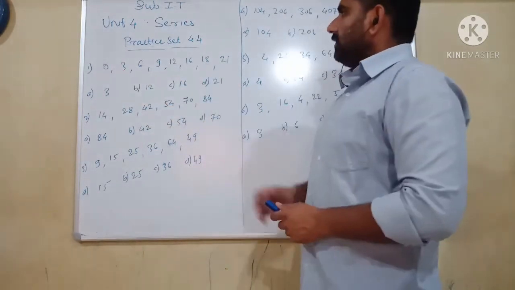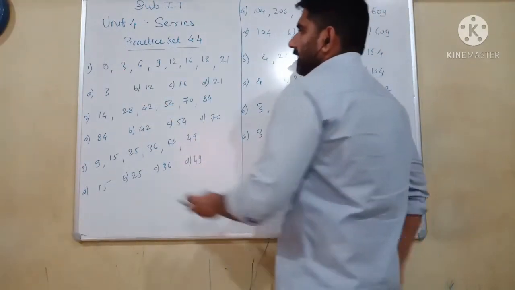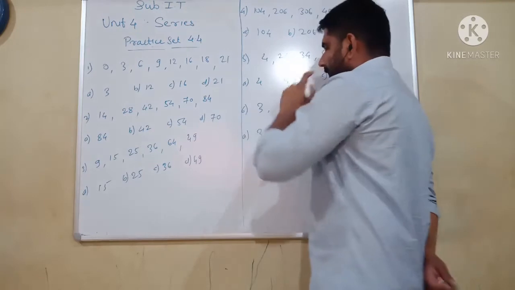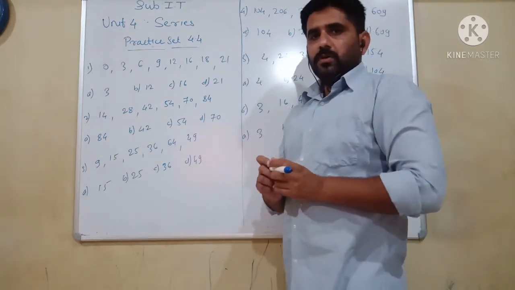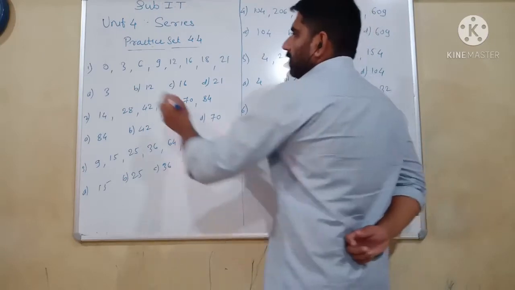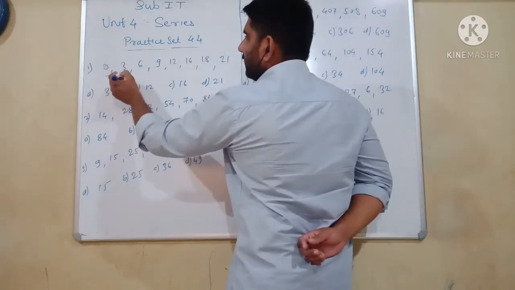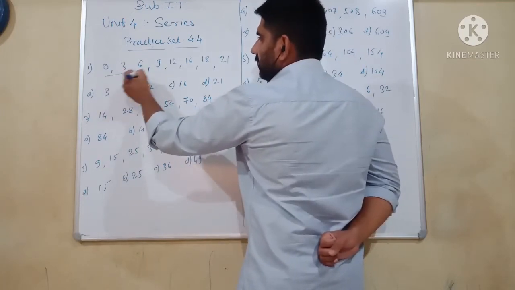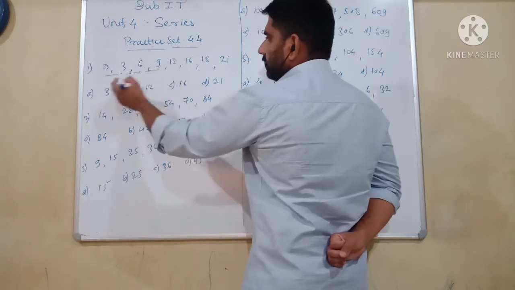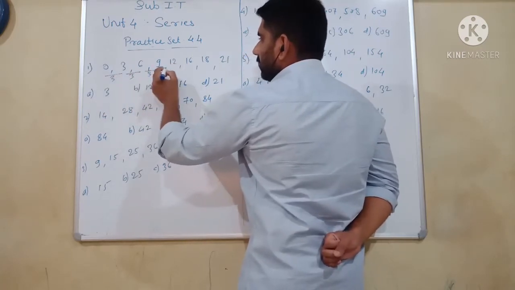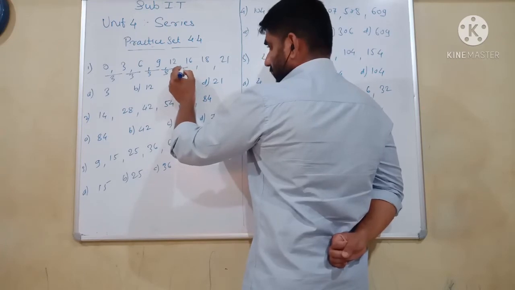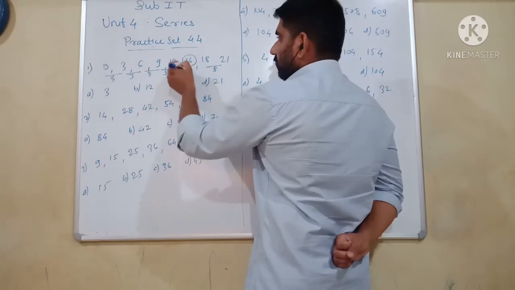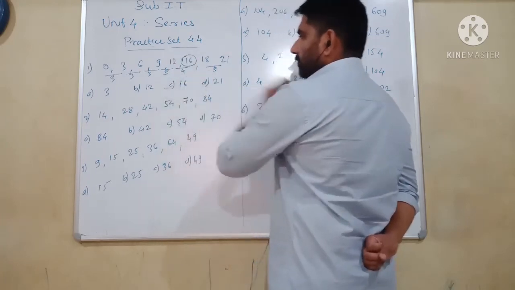In the first question, a series is given: 0, 3, 6, 9, 12, 16, 18. Now if you carefully observe the pattern, the numbers follow a difference of 3 each time. Here a difference of 3, here a difference of 3, here again a difference of 3. Here a difference of 4. But here again a difference of 3. So this is our expected wrong term. So the option number